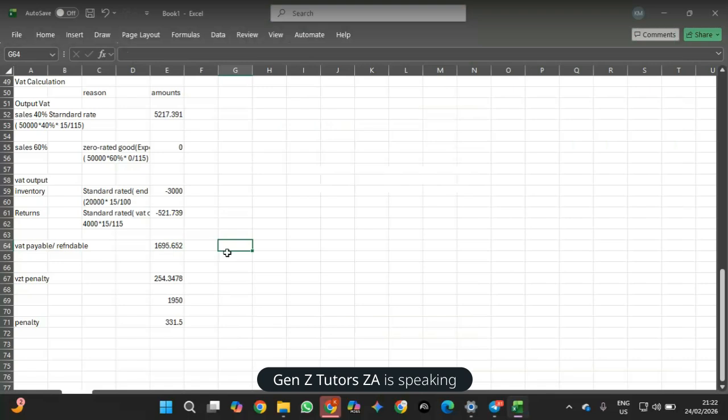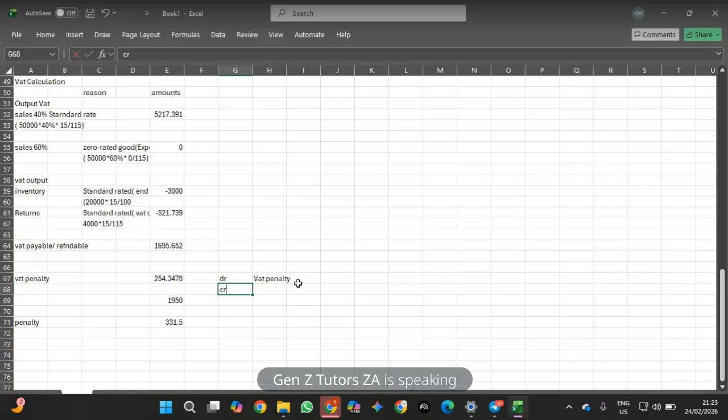And then also your channels would be the same thing. Just increase your liability to SARS, which is your credit of that amount, and then you'll have to debit your expense, which is going to be VAT in this situation. And the penalty, you debit your VAT penalty,